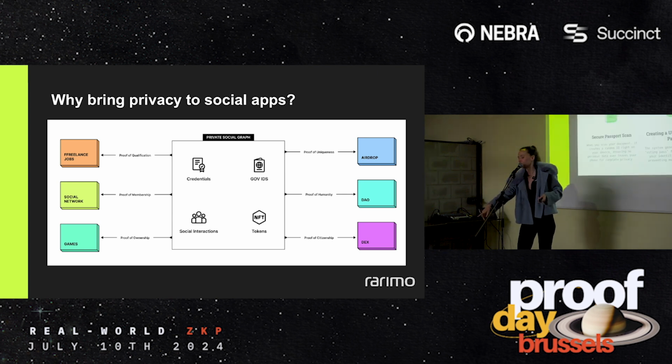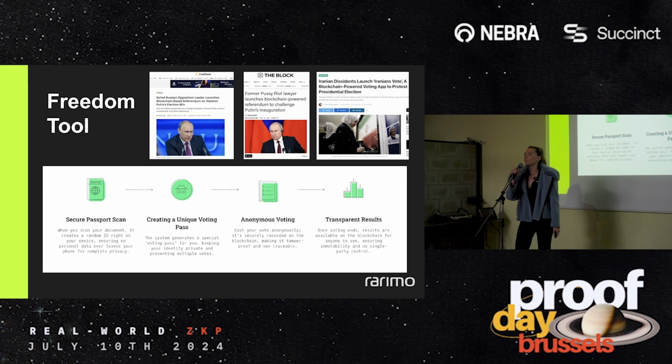Oh, thanks. So we have a very specific context and focus as a company. We're based in Ukraine, in Kyiv, and all of the applications that I'm about to describe we built in wartime conditions. And we very specifically wanted to focus on building tools that could have direct political impact and directly combat totalitarianism and surveillance. And this is why the first identifier that we brought on chain and integrated into our graphs was passport ZKPs. It's why the first app we released was an anti-surveillance voting tool.